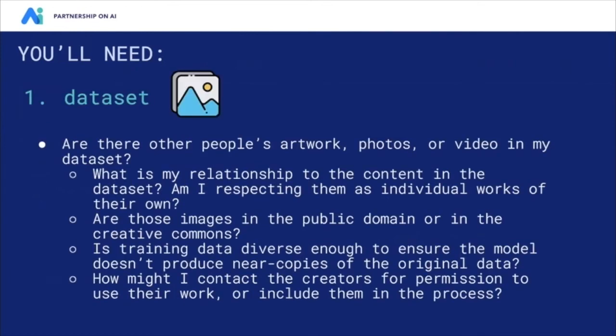So going into the specifics of questions you should ask yourself when you're compiling your data set: first, are you using other people's artwork, photos, or video in your data set, like in the case that you're scraping images from the internet? You should think about what your relationship is to the content in your data set, and are you respecting each of these individual images as a work by an actual other artist? If these images are in the public domain or Creative Commons, that's generally a less risky thing to do than